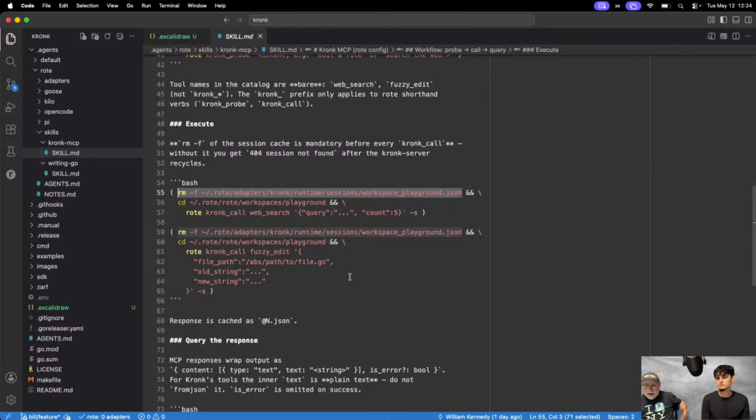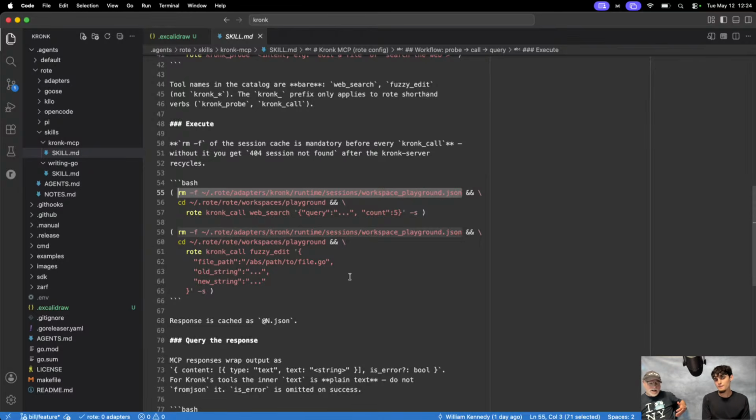So rote obviously saves the session ID. However, this is an MCP server that goes down a lot, and I don't persist session IDs because this is my own little thing. And in a development environment, this is probably going to be the case for a lot of people. Yep. In a production environment, that would suck, right?